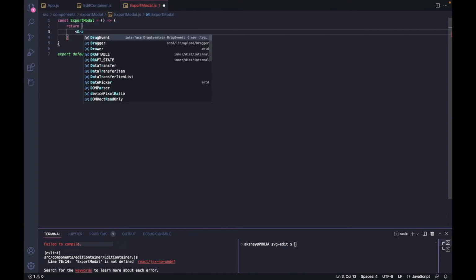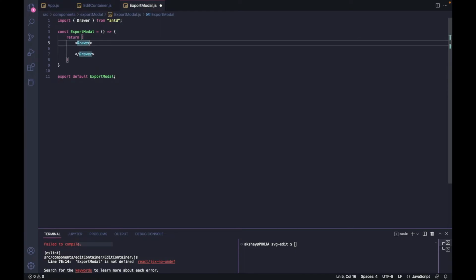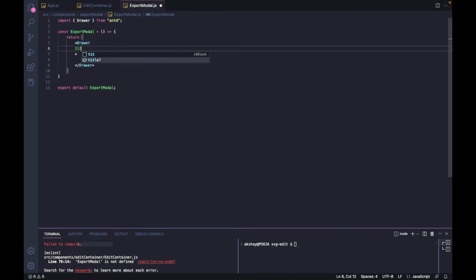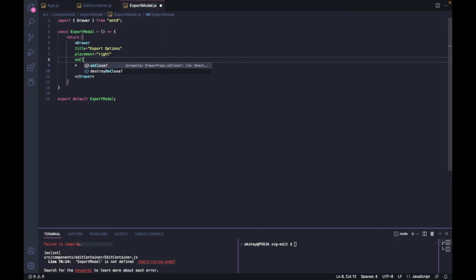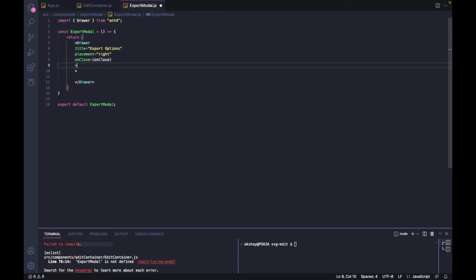We'll use ND drawer. Okay, for this drawer we'll create title, so that will be export option. Then placement, this will be right. On close, so this will be on close. Okay, this is a function we'll create. Then visible,